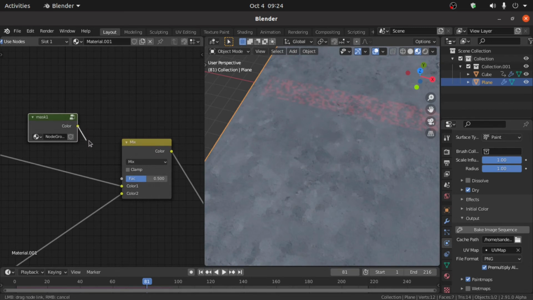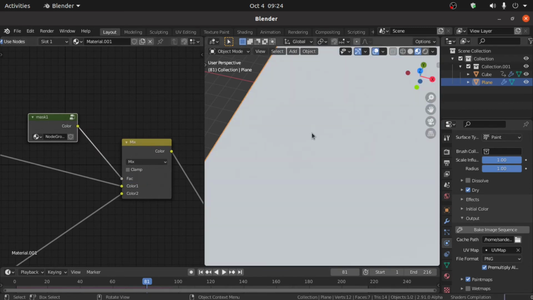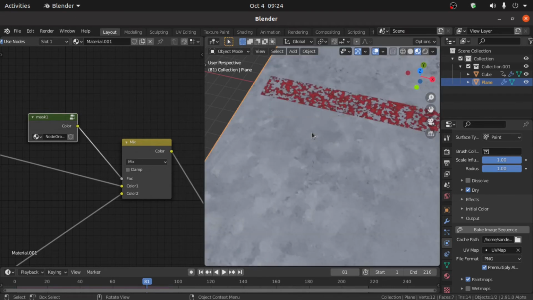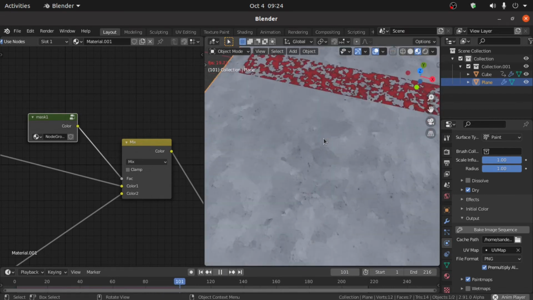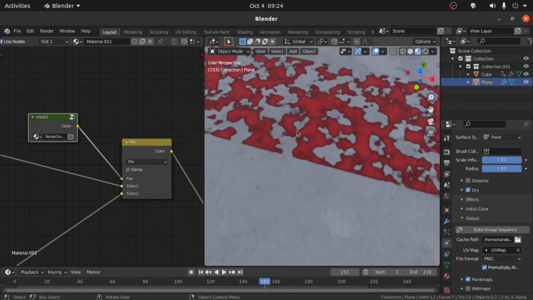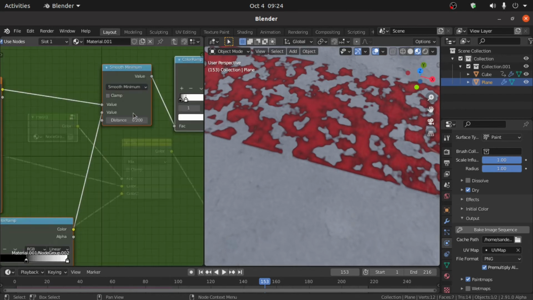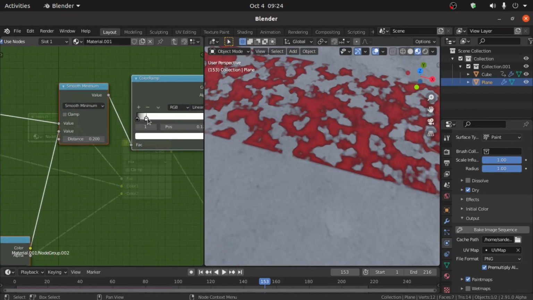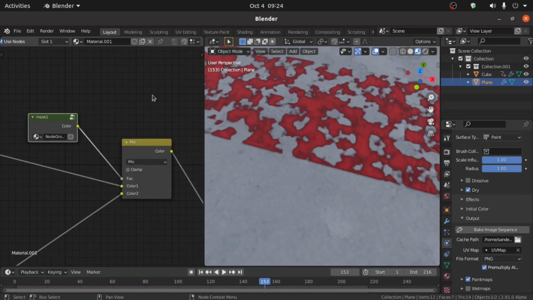So connect this color with this factor and you can see this is working now. If you want to adjust anything, then you have to play with this color ramp, something like this. Exit from this group.